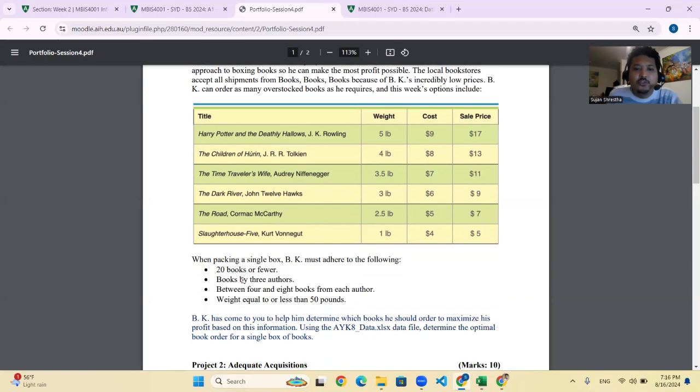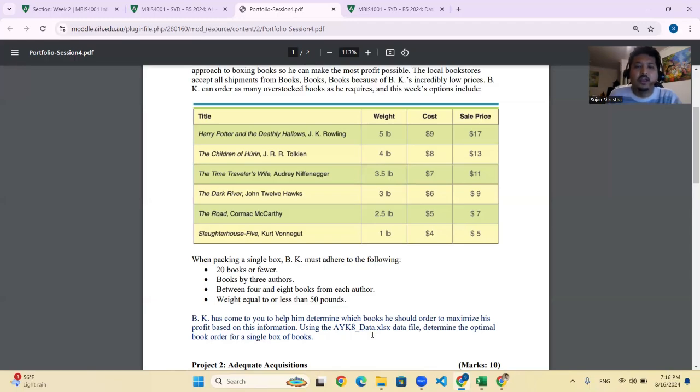a maximum of three authors' books. So I can choose 20 books or fewer, and I have to take between 4 and 8 books from each author. The books will ultimately weigh 50 pounds, not more than 50 pounds. So I have to follow this and implement it on the required data set,